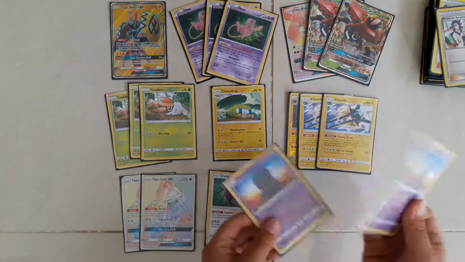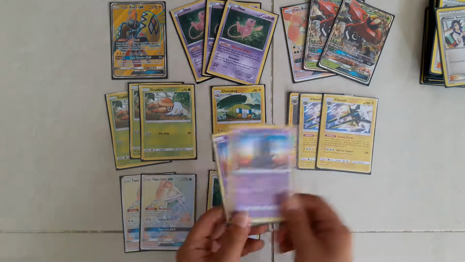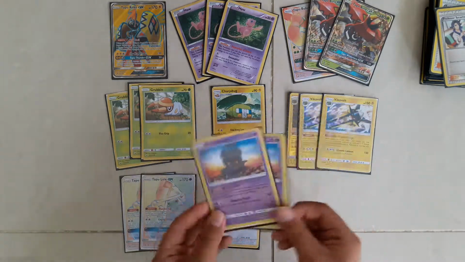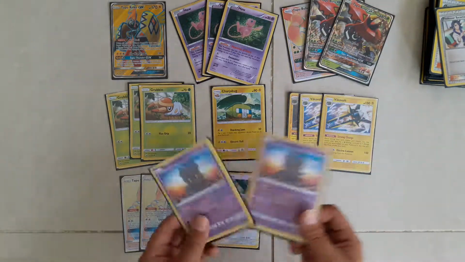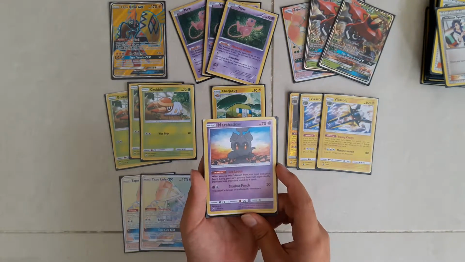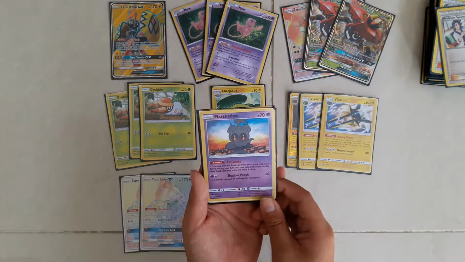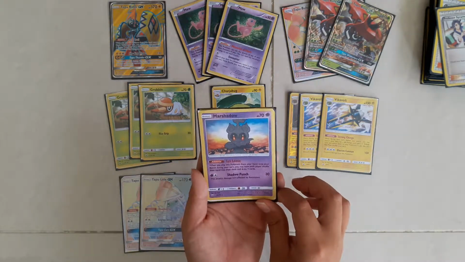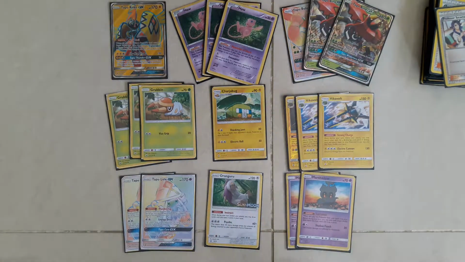Next, we have Marshadow, an interesting addition to Vikabulu, because almost no one is playing Marshadow nowadays. Actually, they never did play Marshadow in the first place. But Marshadow's ability, Let Loose, when you play this Pokemon from your hand onto your bench during your turn, you may have your opponent and you shuffle your hand into the deck and draw 4 cards. It can be very good because if you've already played the supporter for the turn and you ended up with a dead hand with only an Ultra Ball,